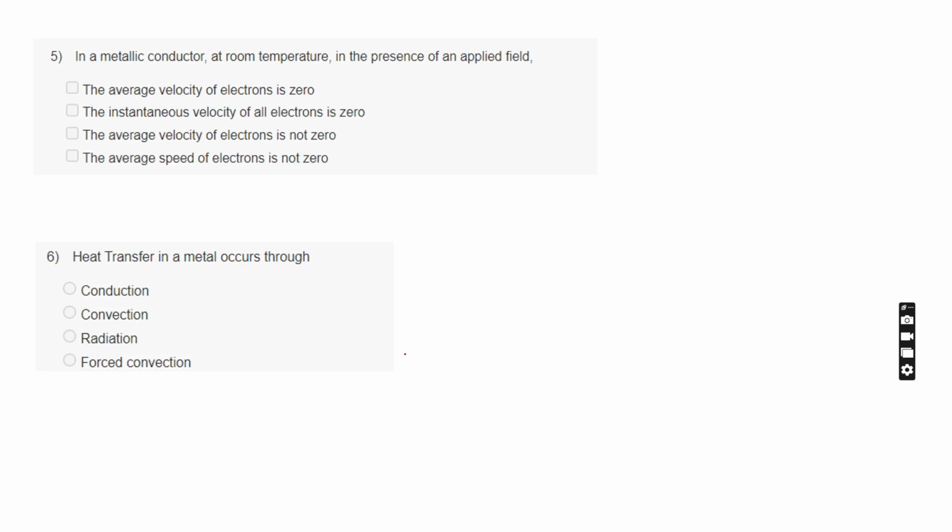Now see this question. In a metallic conductor at room temperature in the presence of an applied field, what will happen? The average velocity of the electron is 0, that is wrong, so definitely no. And the instant velocity of the electron is 0? The average velocity is not 0, that is correct. And the average speed of the electron is not correct. So what will be the formula? Vf is equal to E tau by m, and V is equal to root of